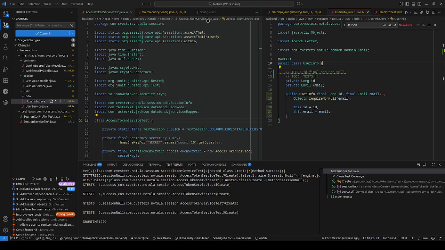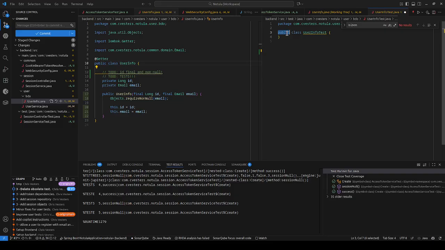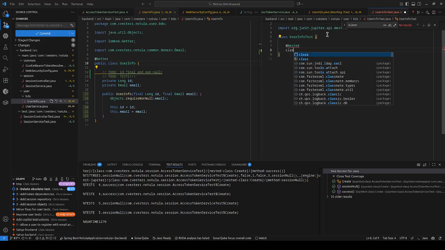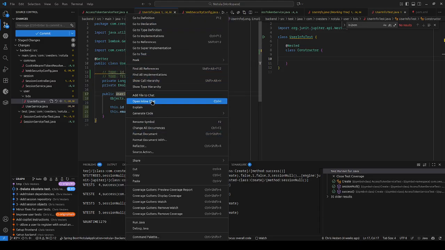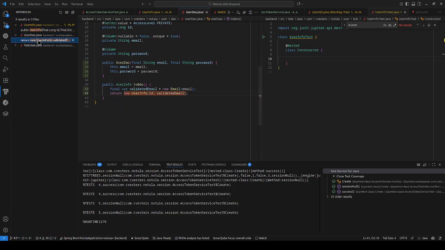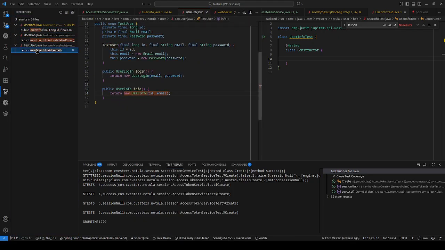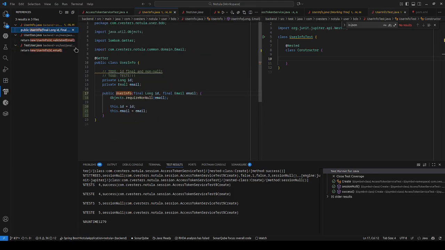Okay. And then we will see that it creates a public, which I don't want. I say add nested class constructor, which is currently the only thing actually in here. ID final and non-null, because currently find reference, final references, it's only used to return object. So yes. So this should be long,